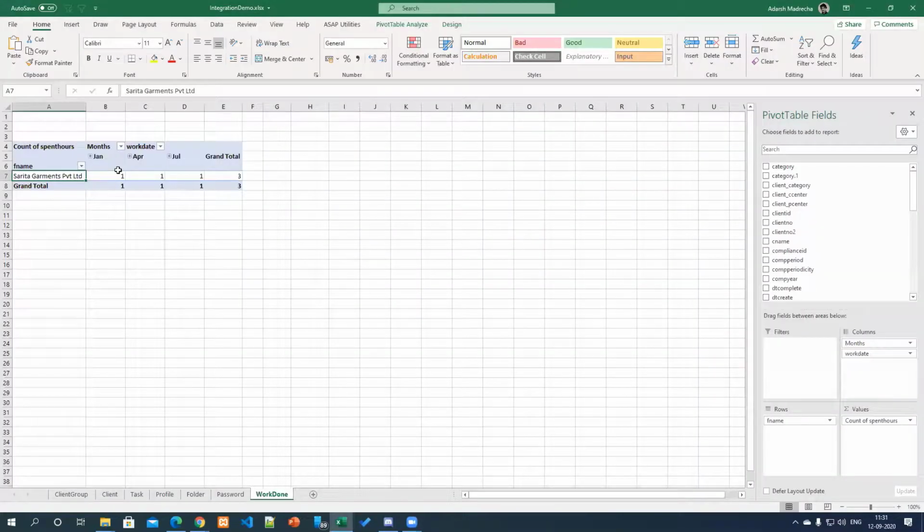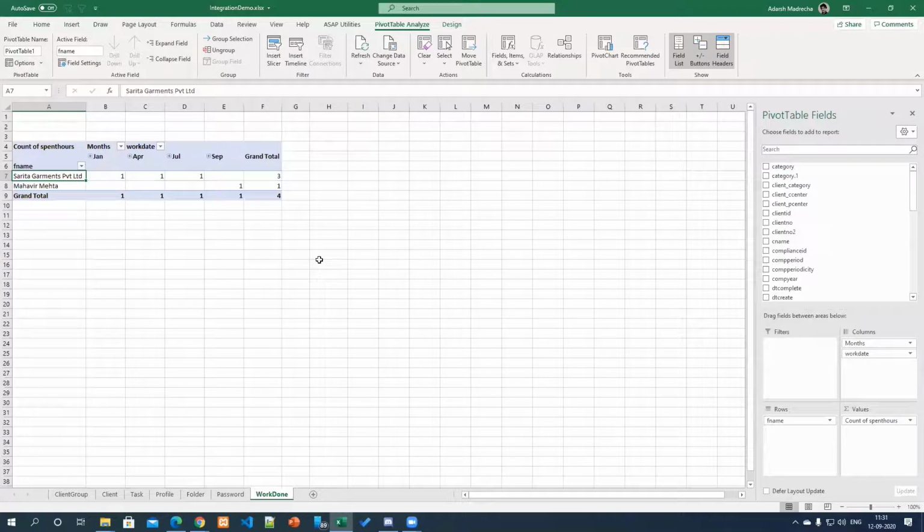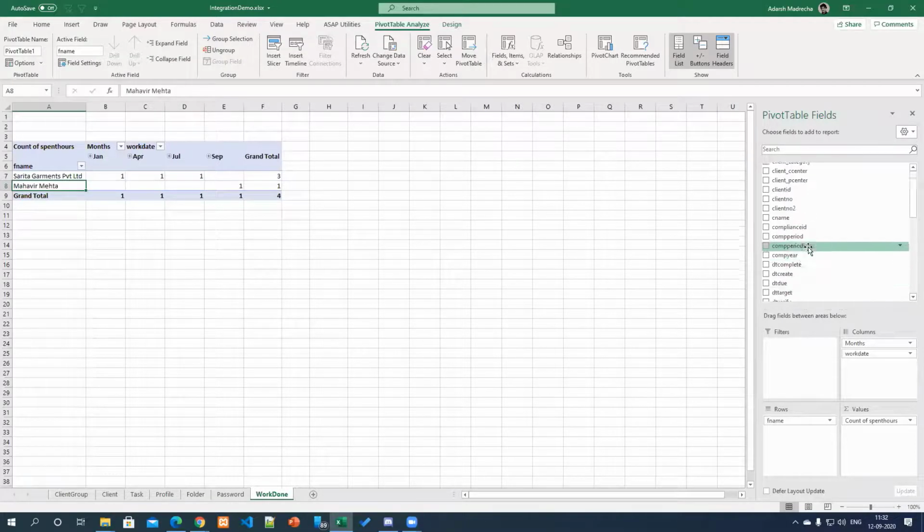Now here I can go to this pivot table that I have made and click refresh. Here you can see that's all. When I click refresh, it automatically went and checked and got all the details. This is a pivot table, like you are well versed with the simple Excel pivot table. You have all these fields, and you can just drag and drop which columns, which values, which rows you want.